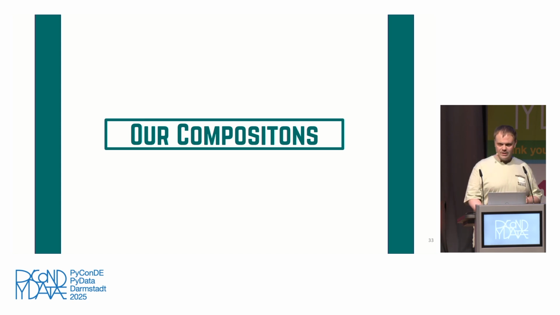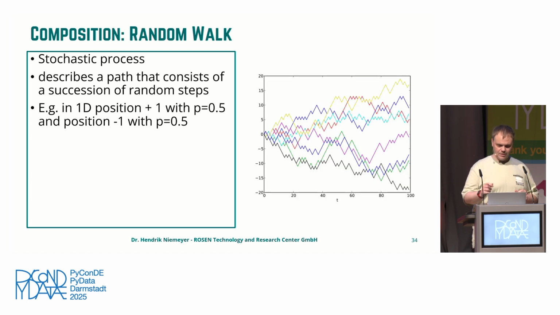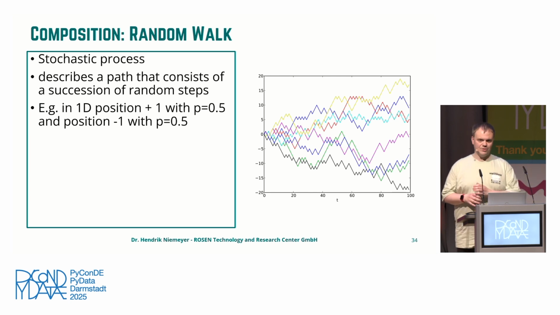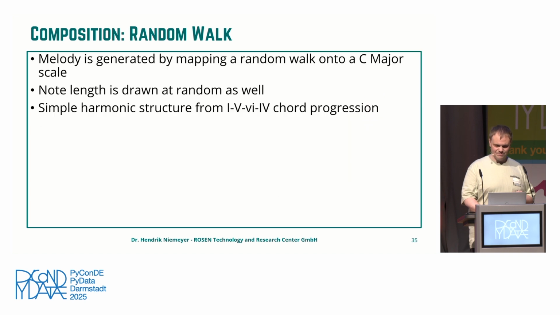And now let's make music with it. So one idea I had, based on what I talked to you about the history of algorithmic composition, is creating music from a stochastic process like a random walk. A random walk is a randomly generated path by a particle which either moves left or right, or +1 or -1. And if you look at realizations of such a stochastic process, it looks like this.